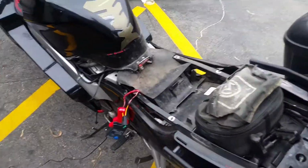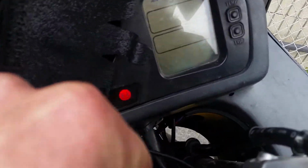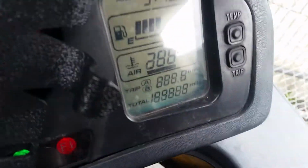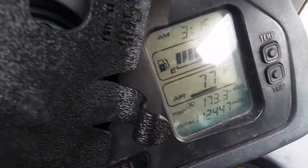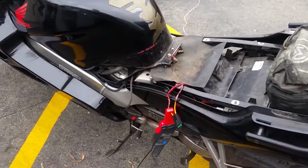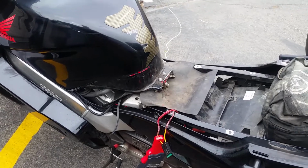Alright, '99 Honda VFR800 with 112,000 something miles on it. Bunch of miles. Tons of miles. 112,447. And what I've got is, I'm driving and intermittently I'll just all of a sudden lose power and lose